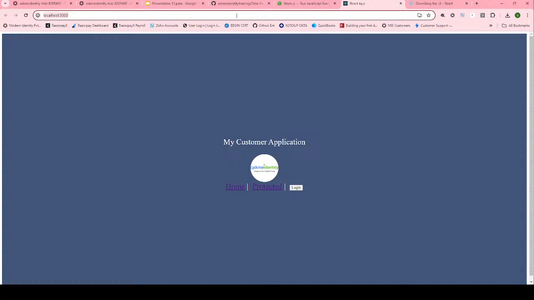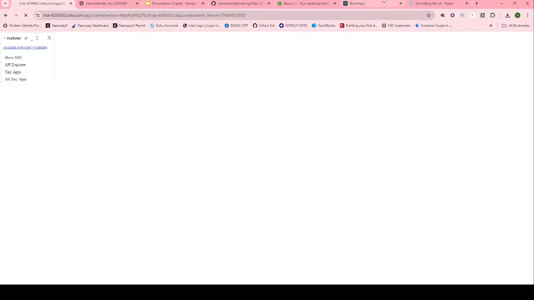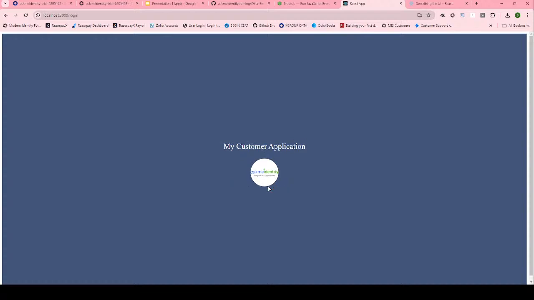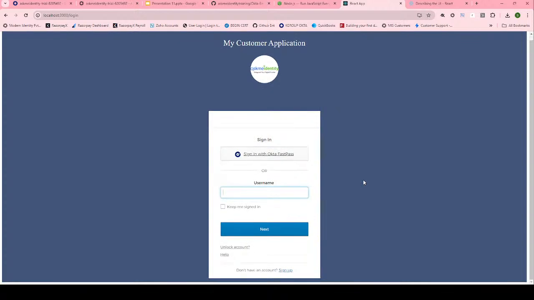So now I'm already logged into Okta in this. So what I will do is I will log out from Okta so that it does prompt me for authentication. And now if I try to go to this protected page, it will ask me for authentication. So now I'm getting an Okta sign-in page, but again, I don't have to get redirected to Okta to get this page. I am within my application and I can see this page here, and I would be able to log in, or I would be able to